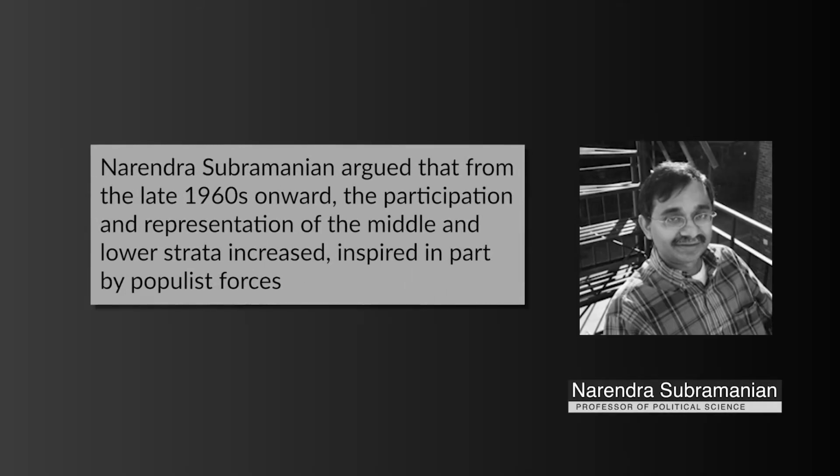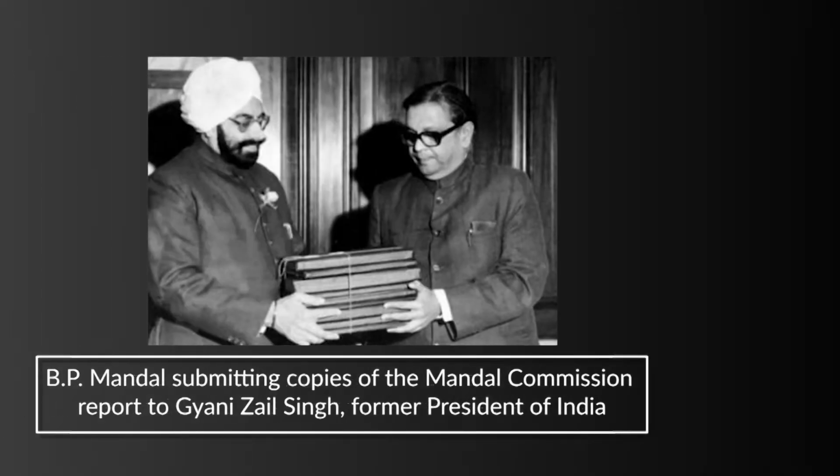Noted political scientist Narendra Subramaniam argued that from the late 90s onwards, we see people from the lower strata, largely the rural people, the Adivasis, the SCs, or the backward castes, coming up, and this is the popular challenger to the Congress party, including forces that foregrounded caste. Like we see the rise of new political parties coming up, post-Mandal phenomena.